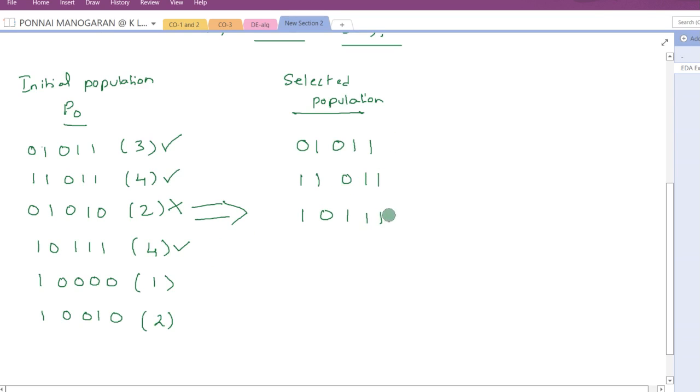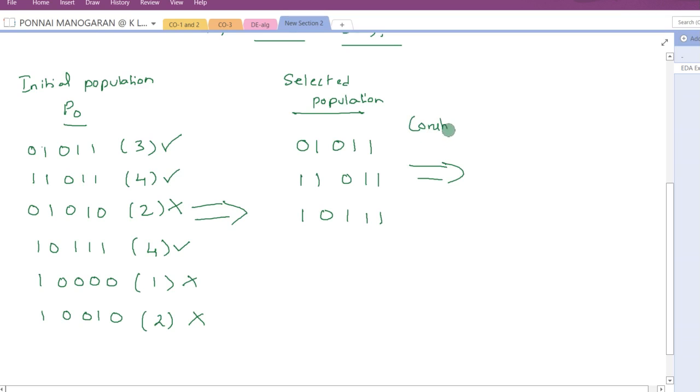So we already got 3 members in the population. So the remaining all you can neglect. Fortunately, all those other members are also having very less fitness value. As per the fitness function, fitness value, we have selected an elite population or elite solutions. So the next thing is you need to construct the